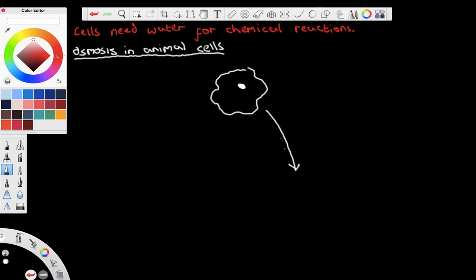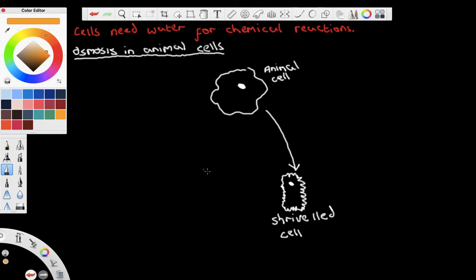The first thing that we're going to talk about is that osmosis can cause water to leave the cell. If the cell loses all of its water, it will shrivel. So this is our animal cell to begin with, and this is a shriveled cell. And we can say, next to the animal cell, that if the surrounding